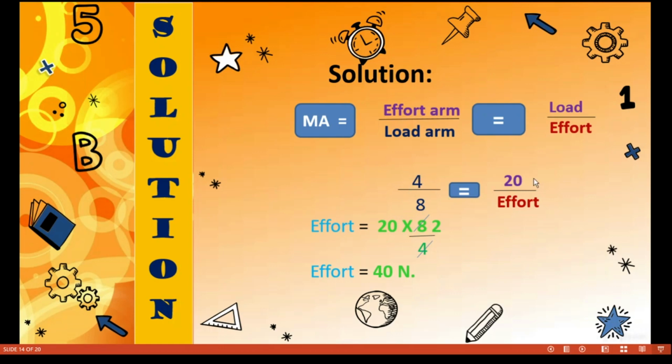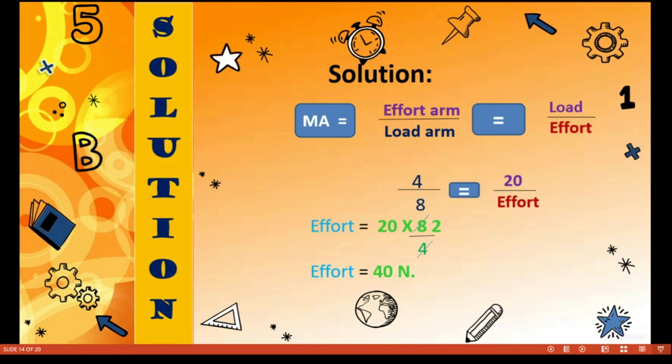This is the left hand side, this one is the right hand side. You take this effort to the left hand side and you take this term, that is 4 by 8, to the right hand side. So on the right hand side, 20 by 4 by 8. When this 4 by 8 comes to the numerator, it just turns upside down. That means this 4 by 8 will become 8 by 4. So 20 into 8 by 4, 1 4 is 4, 2 4s are 8. So 20 into 2, 40 Newtons effort is required in order to lift this